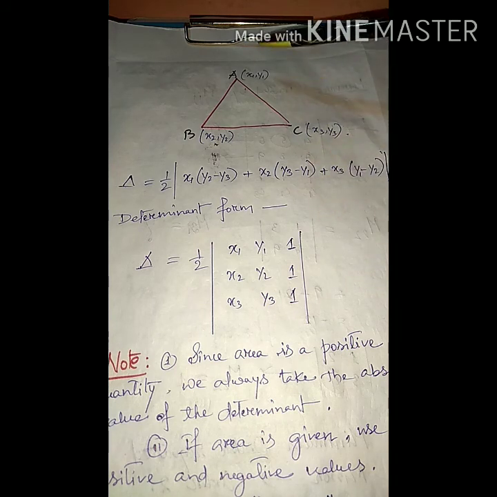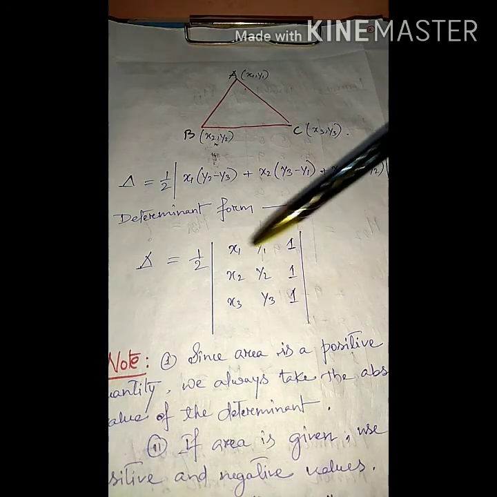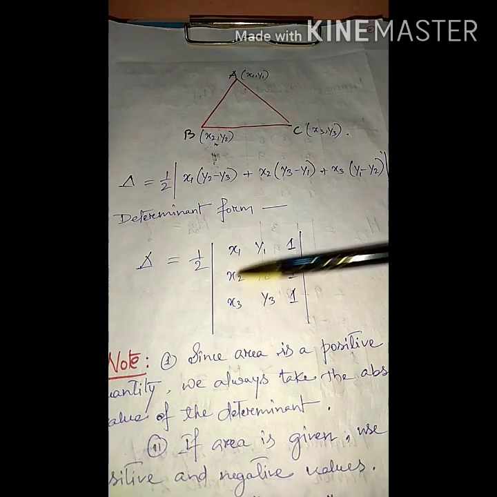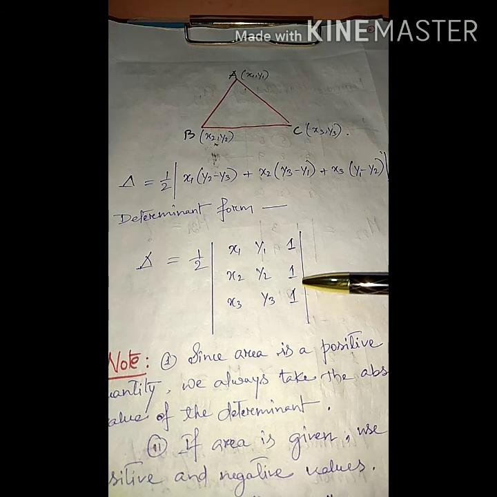Is it clear? So in the exam, if the vertices are given, you can use either clockwise direction or anti-clockwise direction. This depends on you, but the process you have to write in this way, and the third column must be 1 1 1. So this is a 3 by 3 determinant, isn't it? All of us know how to expand this. After putting these vertices, if we expand this, then we easily get the answer.